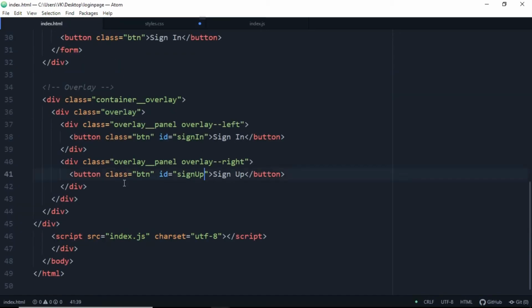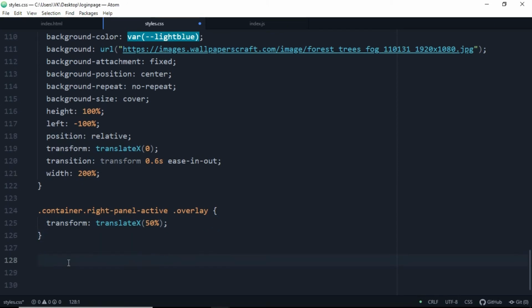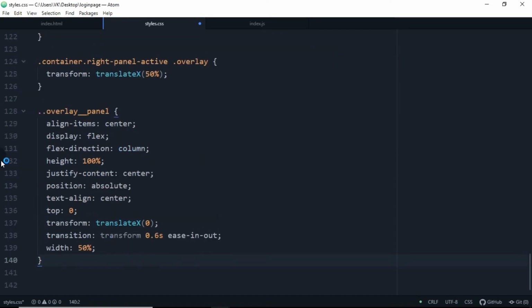So let's just target this overlay underscore panel here. Hit enter, and we got align items center, display as flex, and flex direction as column. It will be horizontal, vertically, position will be absolute, text align center, top will be 0, transform translate x, transition and width.